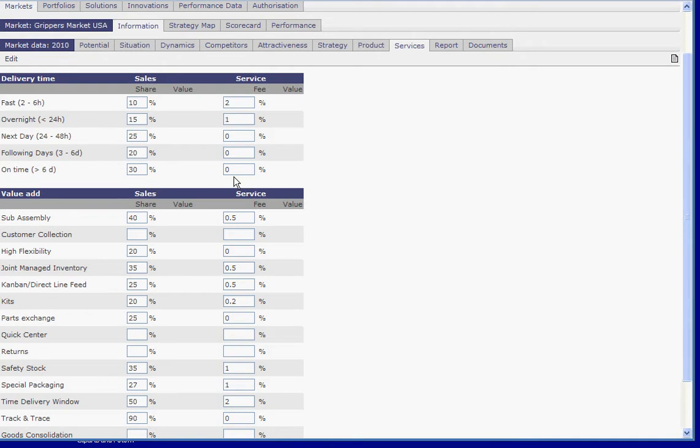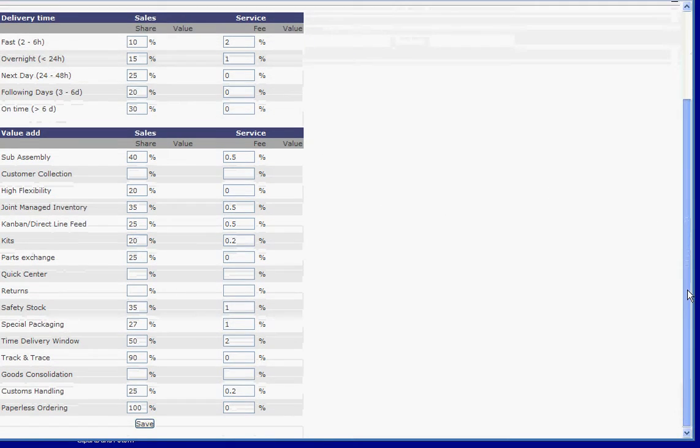So this is more or less what the customer expects, so you can't charge anything. And here you have the share of sub-assembly. This is the fee you can charge. Kanban, parts exchange, returns, track and trace, kits, goods consolidation, customs handling, paperless ordering.